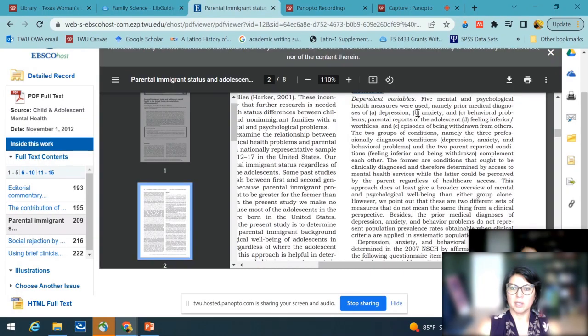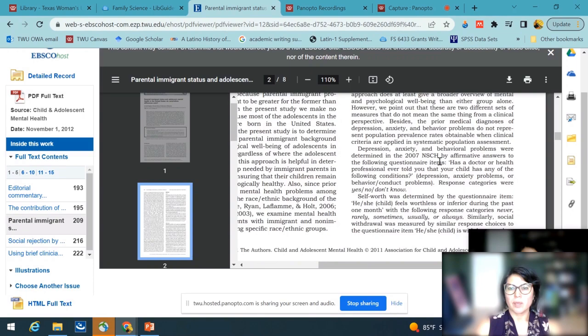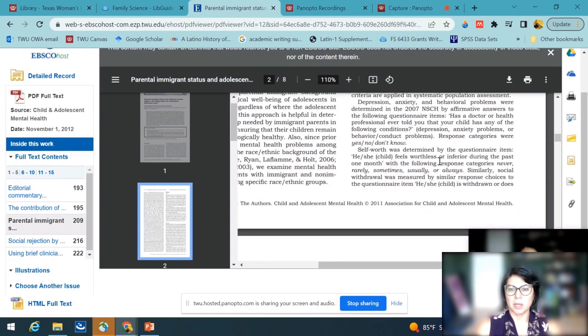5 mental and psychological health measures were used. Depression, anxiety, behavior problems, parent reports of the adolescent feeling inferior, episodes of being withdrawn from others. And here it's going to tell you how it was measured. So depression, anxiety, and behavioral problems were determined by affirmative, meaning yes or no, to the following questionnaire items. Has a doctor or health professional ever told you that your child has any of the following conditions? So you would say yes, no, or don't know. And then those responses, yes, no, or don't know, would get coded as like a 1, a 0, that sort